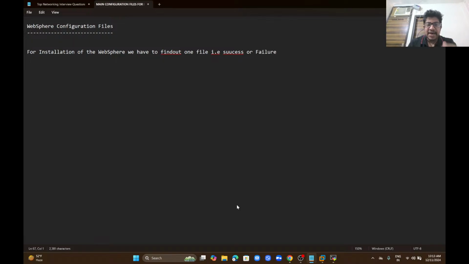That is nothing but post install.log. We can find it in this log. In this log, we will find out exactly whether the product